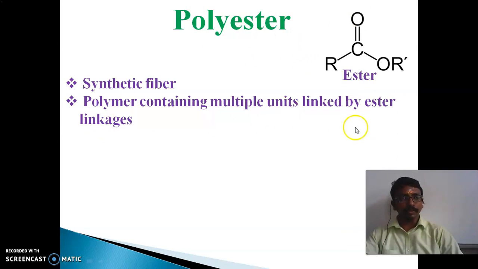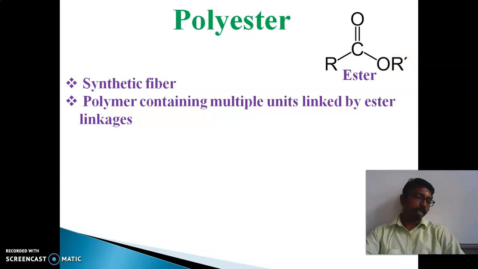The ester functional group formula is R C double bond O R dash. So R dash indicates it's having a different alkyl group. If only R is present, it means the same alkyl group. For example, consider R as methyl. What is the formula for methyl? CH3. And R dash indicates ethyl. What is the formula for ethyl? CH2 CH3.